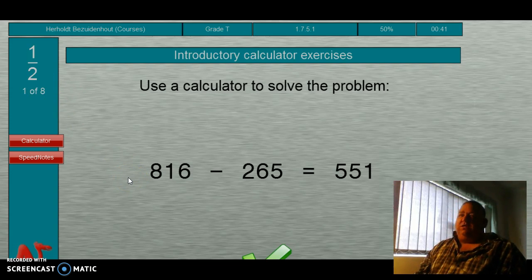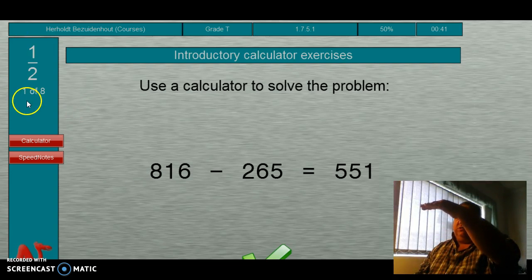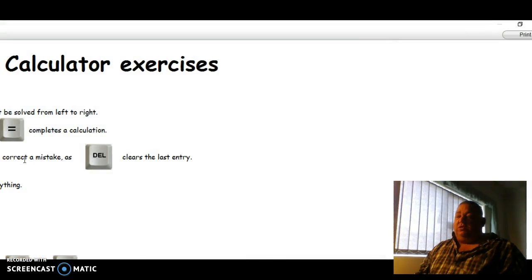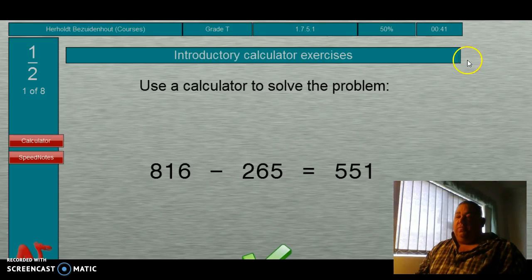Remember, it has been said that you need 80% to go to the next exercise, to exercise 2 out of 8. You're going to do 10 calculations here to be able to do that. If you get less than 6 out of 10, it's going to move you back or tell you to come and watch this video or the explanation video again, or to maybe go read the speed notes again. All these things will help you to do the course.